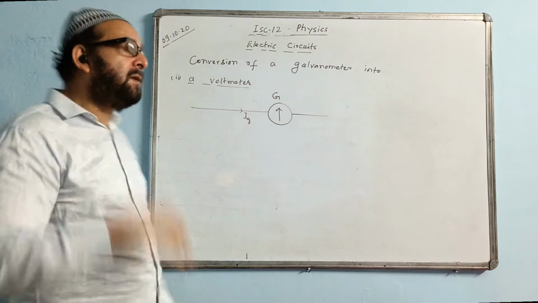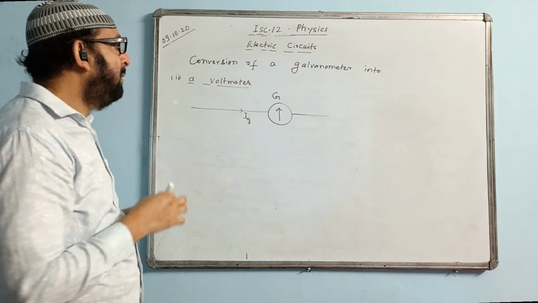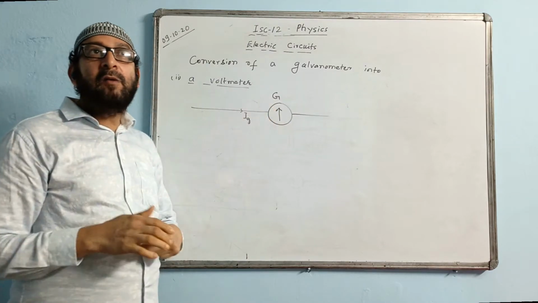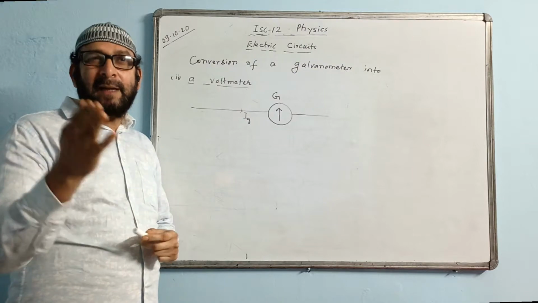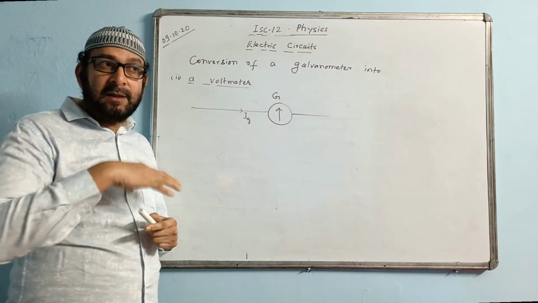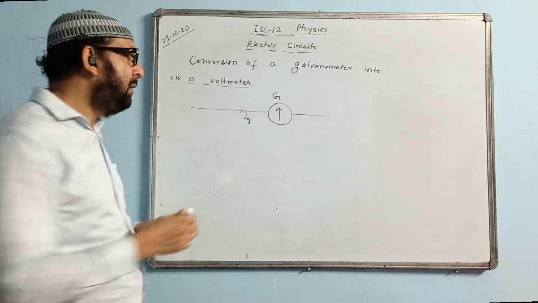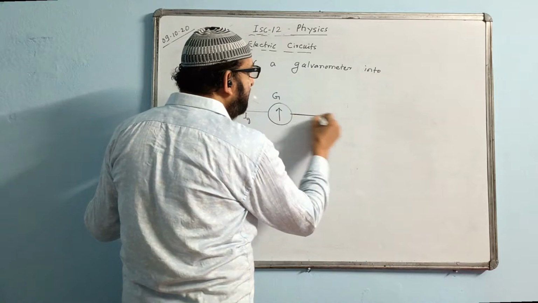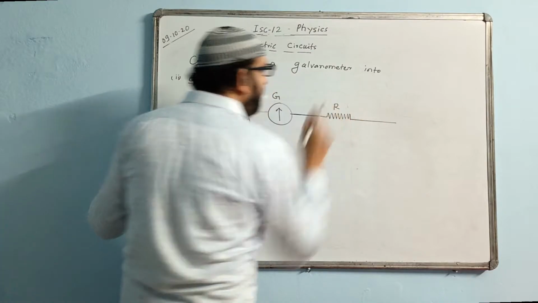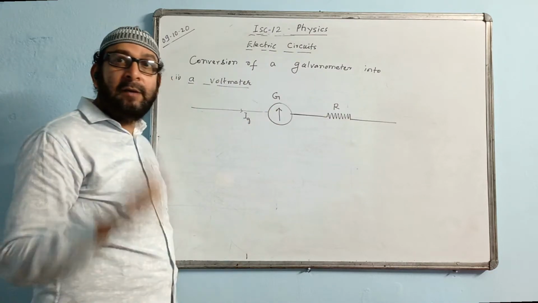We know the fact that the voltmeter is a very high resistance device. So to change into a voltmeter, the galvanometer has a resistance G ohm, the value of which is low, maybe 10 ohm, 20 ohm, this kind of value. How can we make it very high? The method of increasing the value of resistance is what? Series. You have to go for a series combination. So you have to connect a high resistance in series. A high value of resistance you have to put in series, and that high resistance we will denote by R. We will not denote it by S. S means shunt, and shunt is always put in parallel, and the value of shunt is very low.